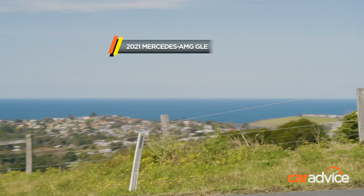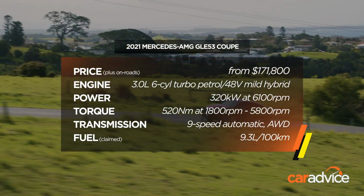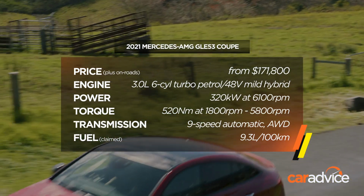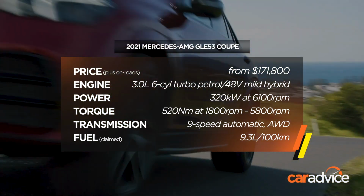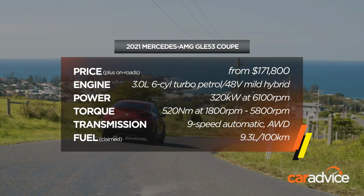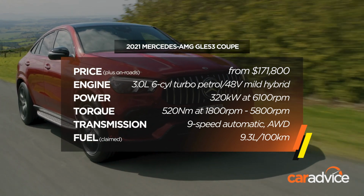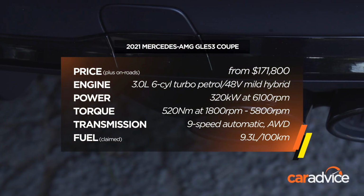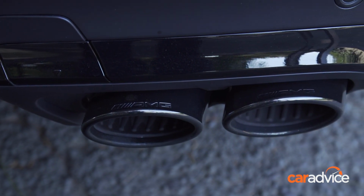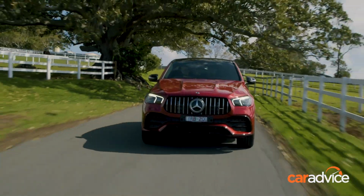The 3-litre turbocharged 6-cylinder delivers 320 kilowatts at 6,100 RPM and 520 Newton meters between 1,800 RPM and 5,800 RPM. And the key here is the dual turbocharger system. So it has a regular turbocharger, but it also has a 48-volt electric compressor, so there's effectively zero lag. The AMG Performance exhaust adds to the theatre. Claimed fuel use is 9.3 litres per 100 kilometres, and it will run the 0 to 100 km/h dash in